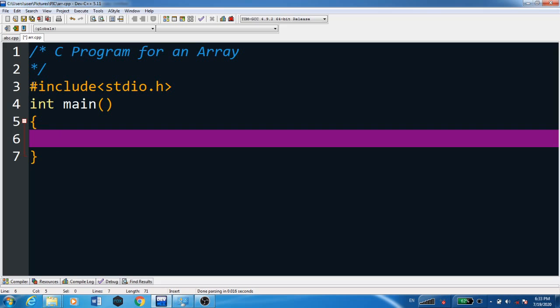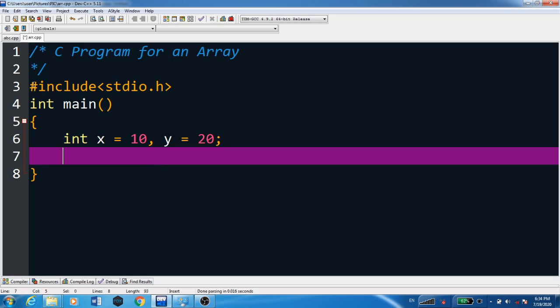Now suppose you want to declare a variable to store a value, say 10. Then you require one variable. Suppose you want to store two values, 10 and 20. Then you can do it with the help of two variables. Suppose you need to store 10 numbers, then 10 different variables will be required.